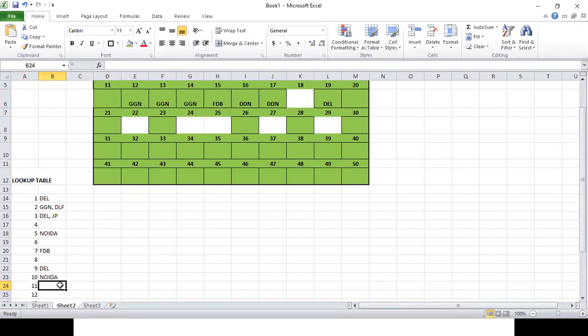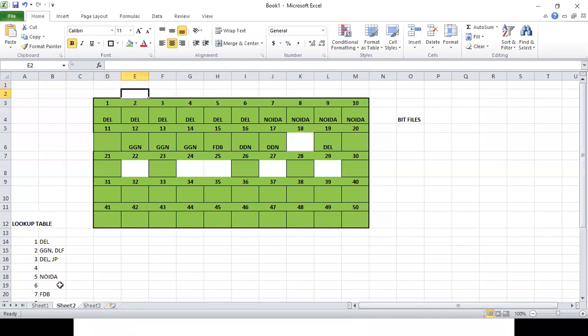Second, if you say update EMP set city equal to Gurgaon where employee ID is equal to E005, assuming that particular information is saved at this location, it will delete it from here and update it as Gurgaon.